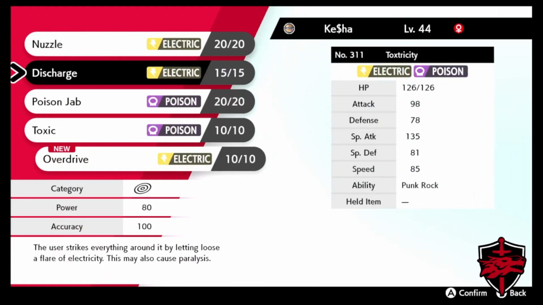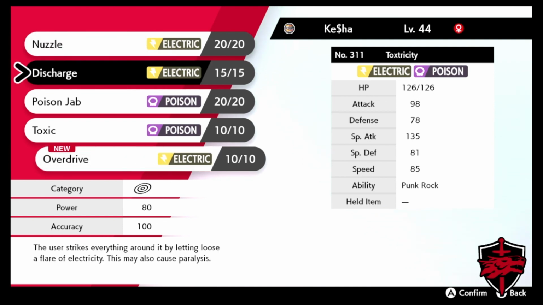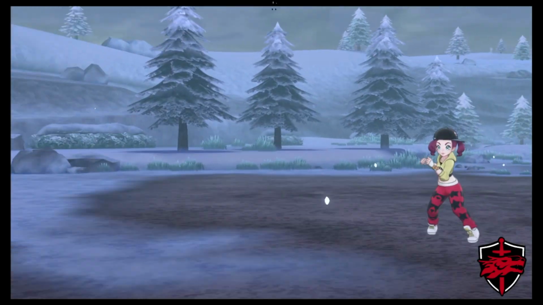In the process of this, we've just been kind of going through... What is this? Overdrive? The user attacks opposing Pokemon by twanging a guitar or bass guitar, causing a huge echo and strong vibration. That is awesome. But is it better than Discharge? It doesn't look like it. It looks like it's the same thing. It's just its signature move, even though Discharge has the same power, and it also uses the special attack, so...